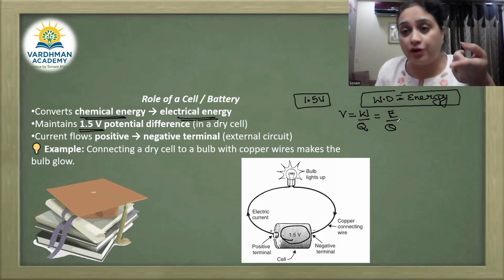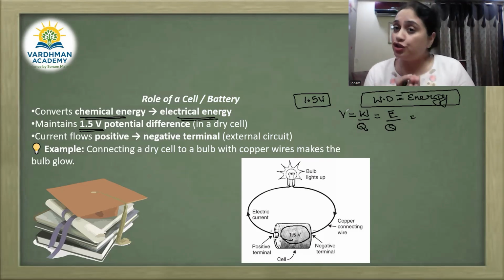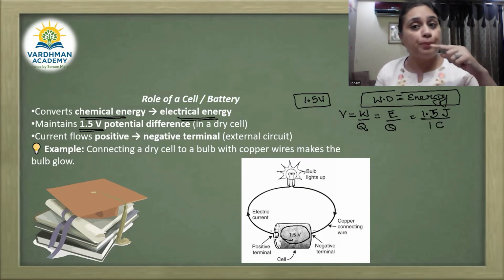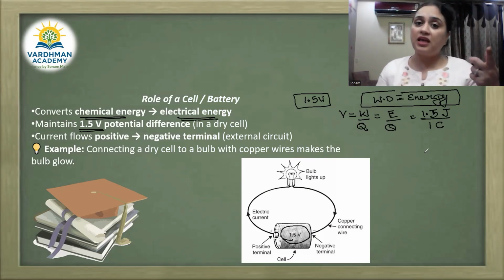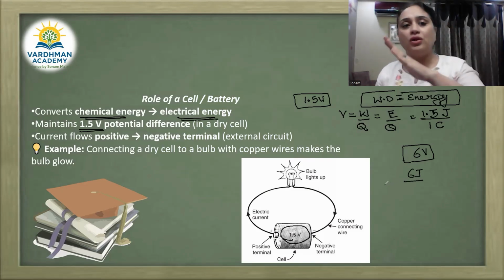So here E is the electrical energy or electrical push. By saying that the potential of a battery is 1.5 volt, it simply means the battery is offering 1.5 joules of energy to each coulomb of charge to push and move through the circuit, right? And if I'm saying the battery is of 6 volt, what does that mean? That each coulomb of charge in that circuit is receiving 6 joules of energy to move through the whole circuit.